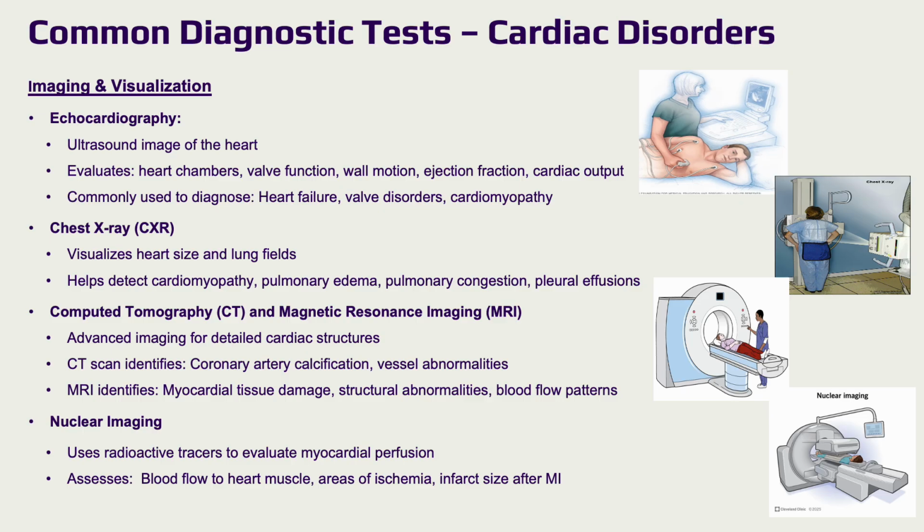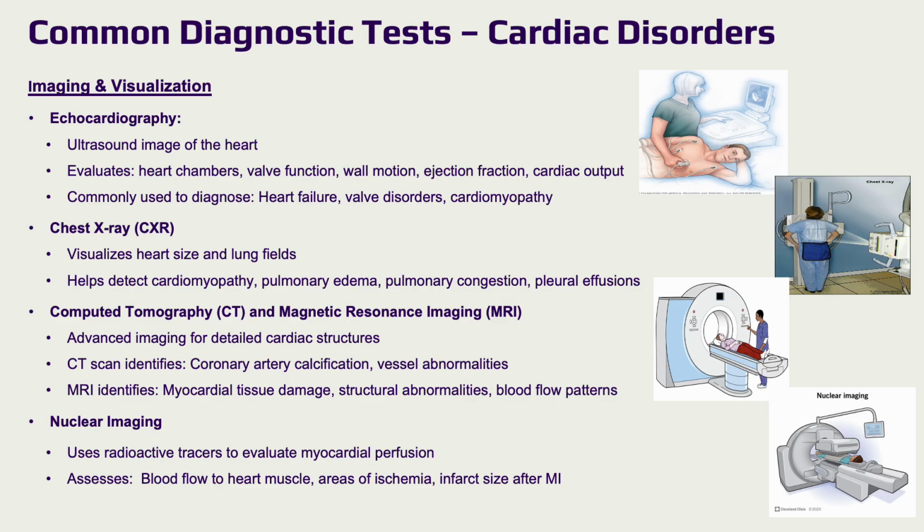MRIs will identify myocardial tissue damage and structural abnormalities, if there's something wrong with the structure of the heart, like the heart walls or the vessels or the chambers. It also helps to identify blood flow patterns, like checking to see, okay, is the blood flowing properly? Is it being atria contracting, sending it into the ventricles, pushing it out, or are they holding it inside